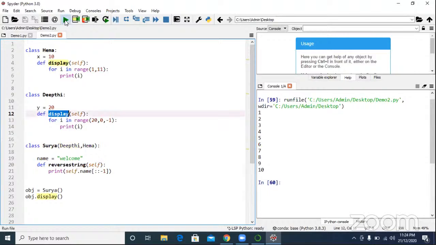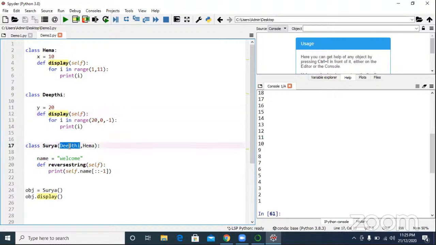But in Java, they don't want to take this risk, because of this ambiguity, so they simply removed it and do not support multiple inheritance. But in Python, they have given the solution: whoever is the first superclass, that method will be called.